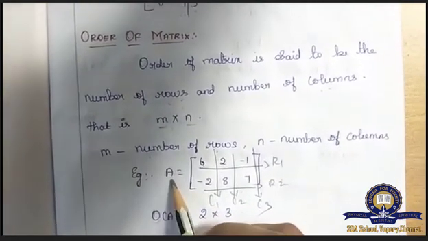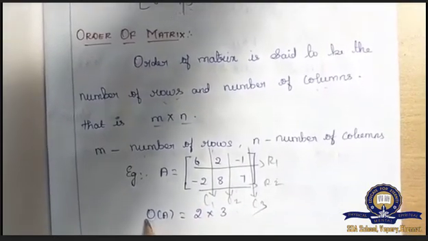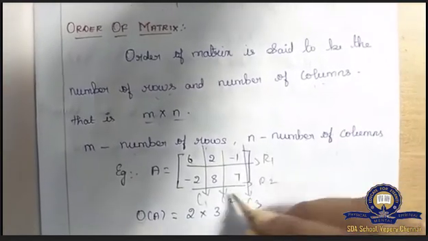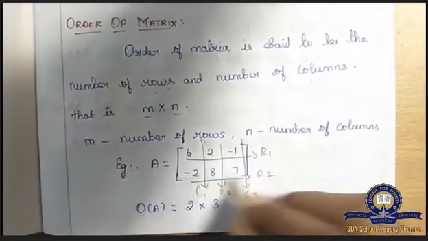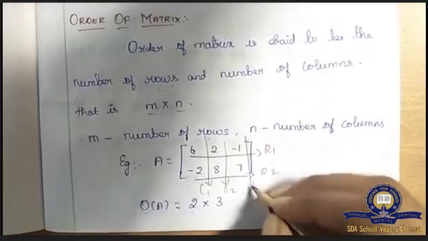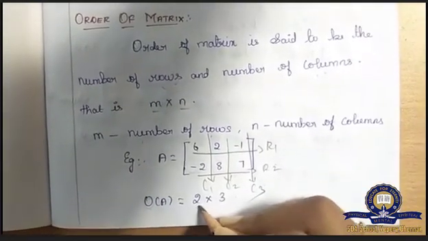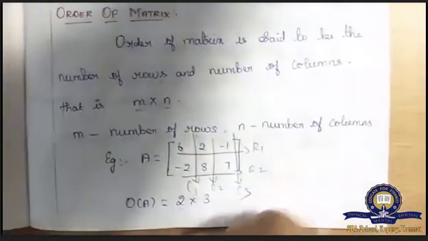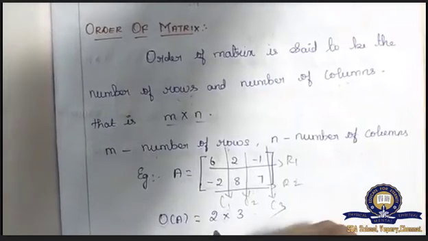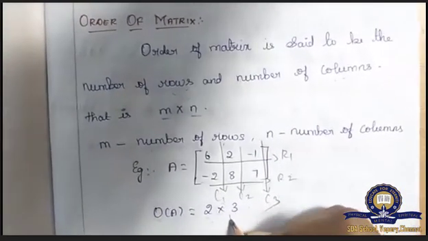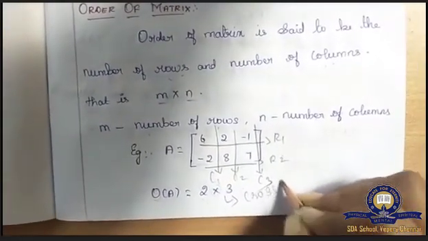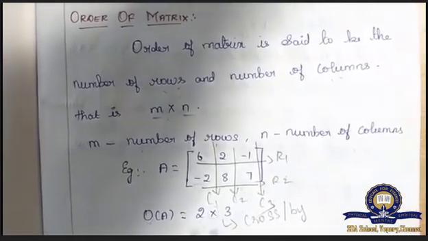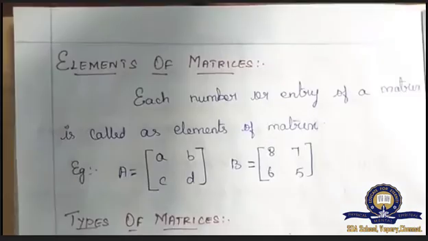Now the order of a certain matrix should be denoted by O of that matrix. Here I have taken A as one matrix, right? The order of matrix should be denoted by O of A is equal to, what is the order of this matrix? Here we have 2 rows, am I right? R1 and R2, 2 rows, and how many columns? 3 columns. So order of matrix is equal to 2 cross 3. Children, you should not pronounce this as product or multiplication or into. You have to pronounce this as either cross or by. So the order of A is 2 by 3 or 2 cross 3.